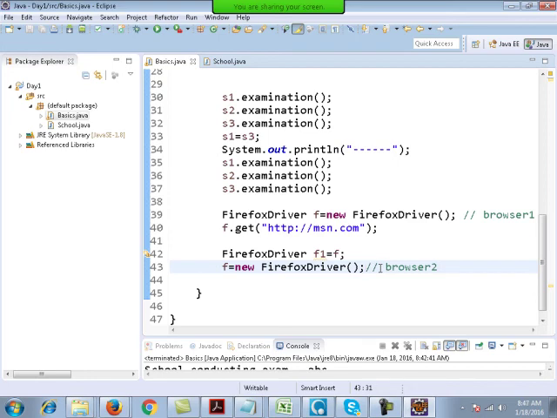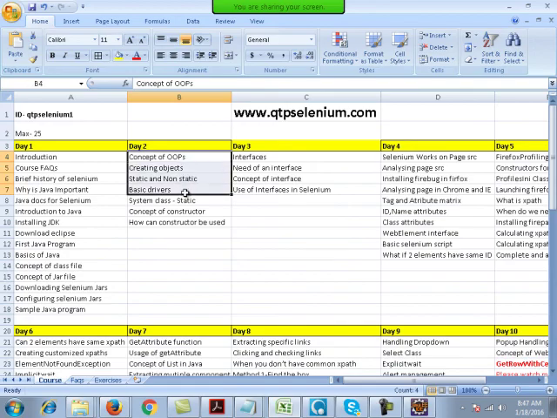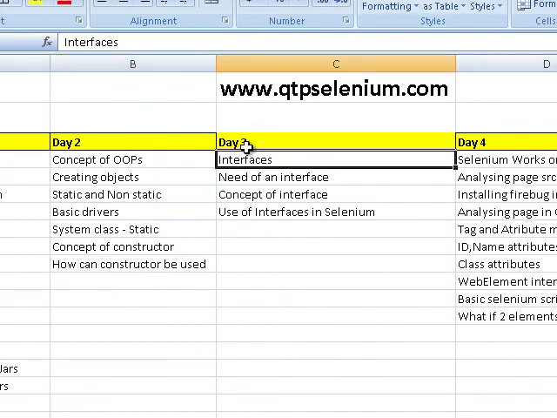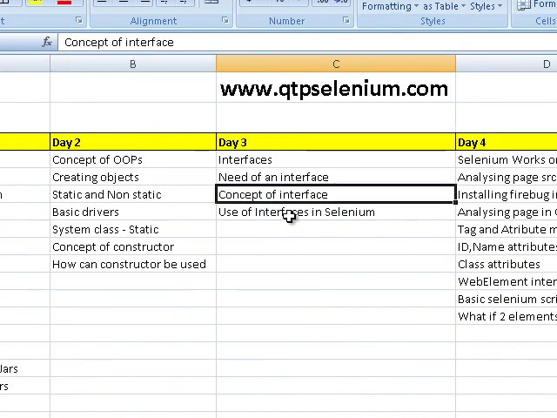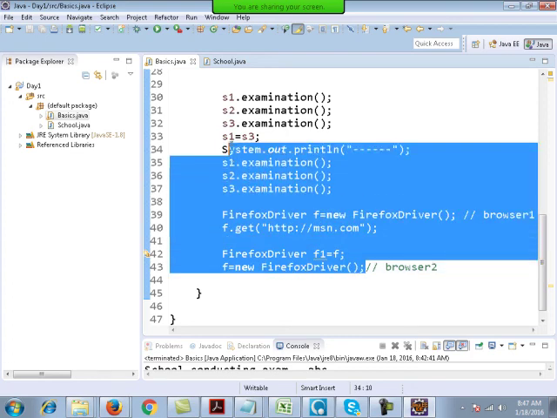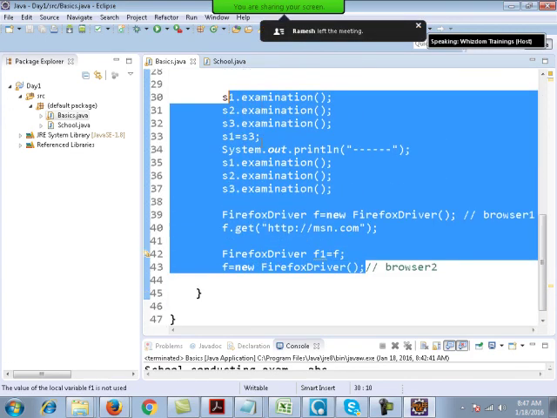Right. I'll not go ahead from here today, because this is the first stage. It was just an introduction. Tomorrow we'll be going into the depth of object-oriented programming. We'll be studying the basics of drivers like Firefox driver, IE driver and all, and we'll also study about interfaces, and how they are used with Selenium WebDriver, and what Selenium WebDriver is. WebDriver is basically an interface. Fine then. Alright, I'll mail you the recordings of day 1 on your email ID.